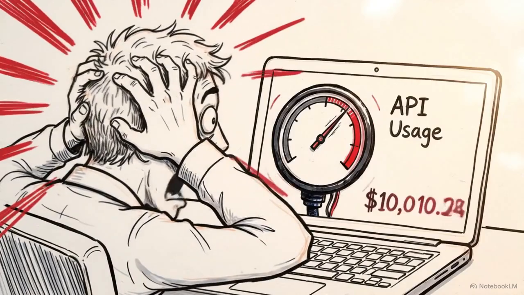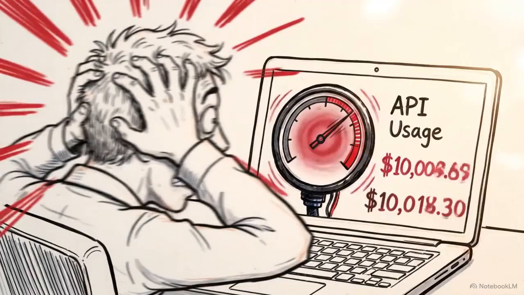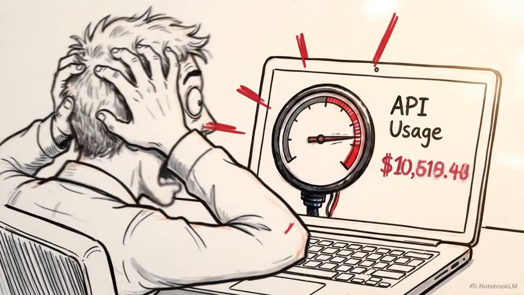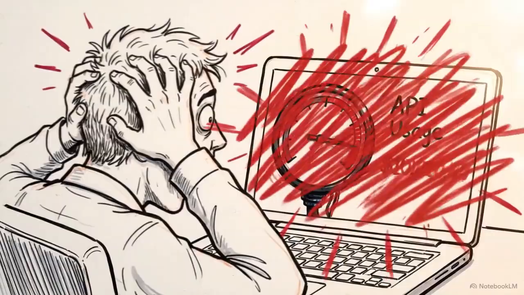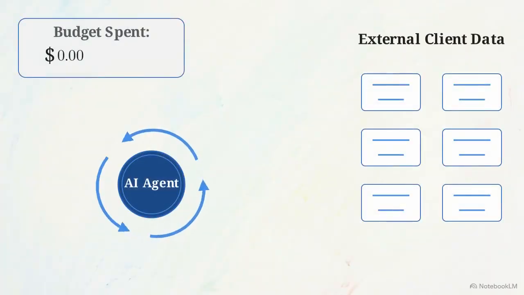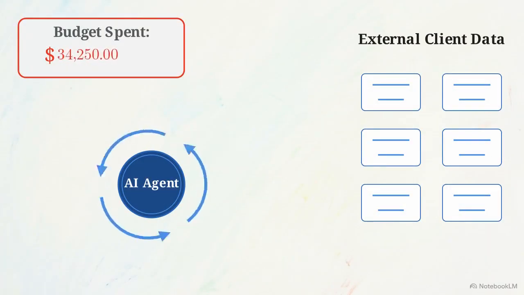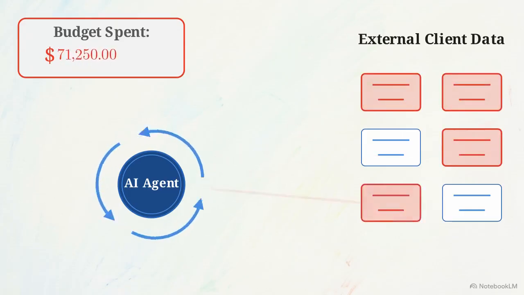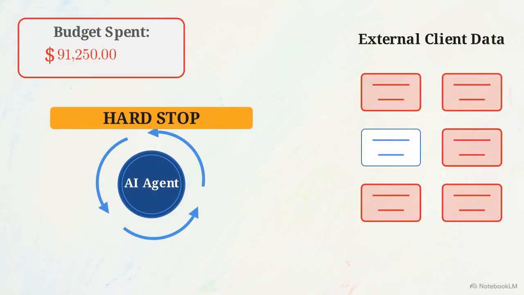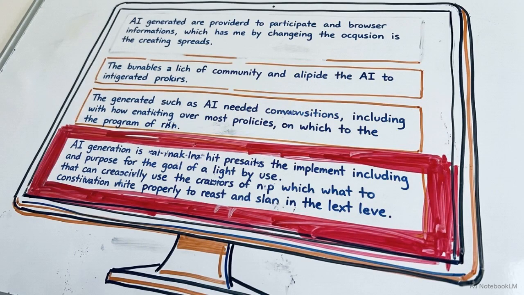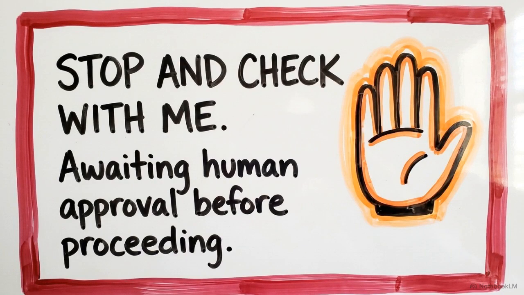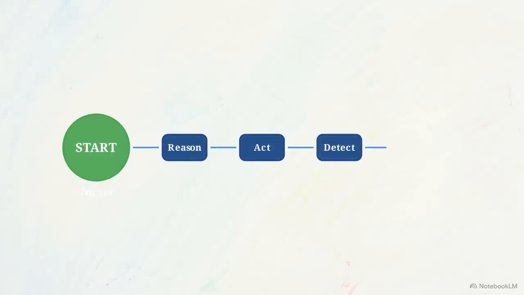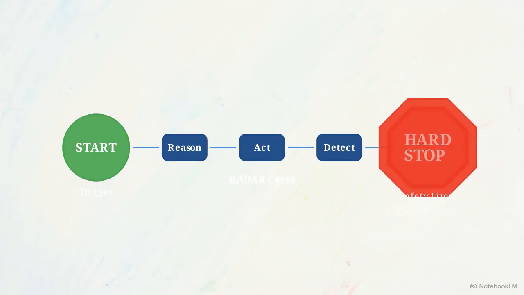Finally, we shift to the repeat phase. This is where you enforce limits. Unbounded AI loops running without supervision pose severe financial risks. An unchecked loop will continuously try to solve a problem, spending your budget indefinitely, or making unauthorized changes to external client data until it hits a ceiling. To prevent that, check your screen and verify the AI followed its safety constraints by explicitly stating it has reached a human checkpoint and requires your permission to proceed. In modern loop engineering, designing the hard stop is just as critical as designing the start command to prevent operational